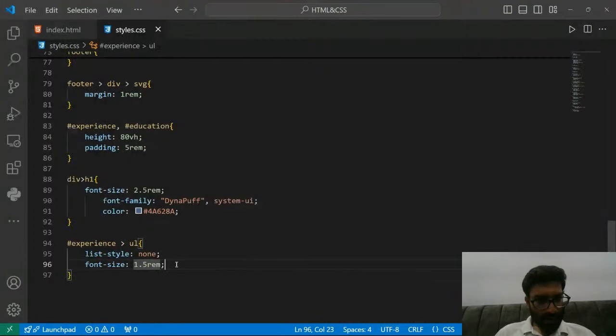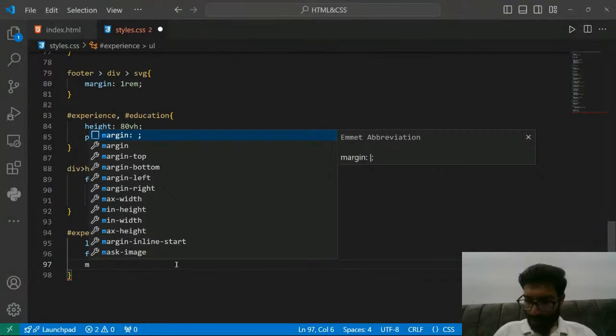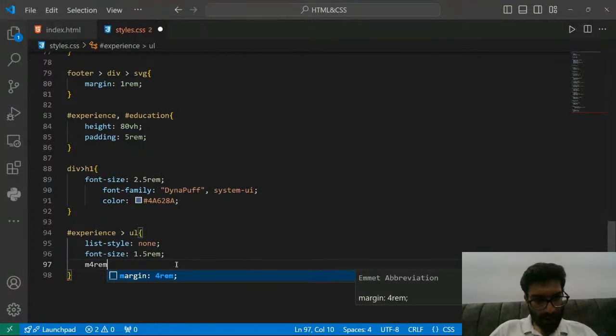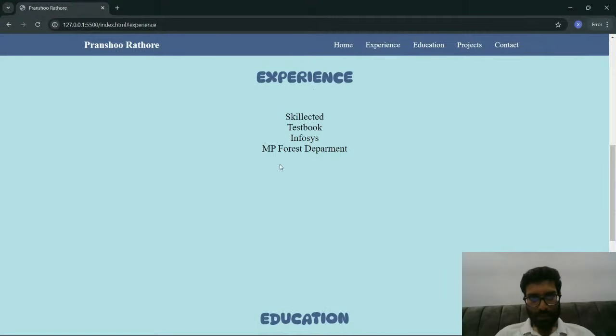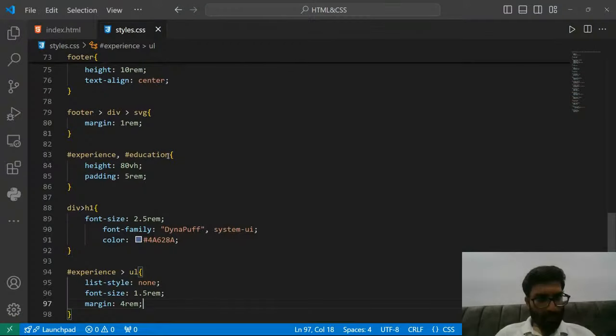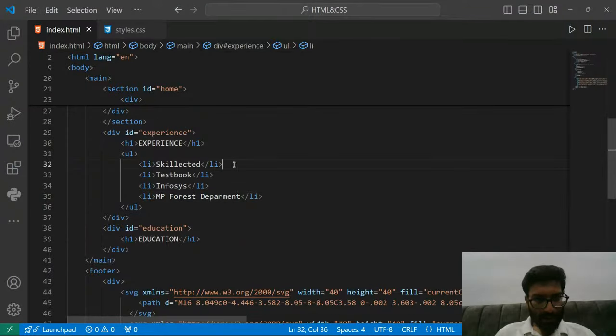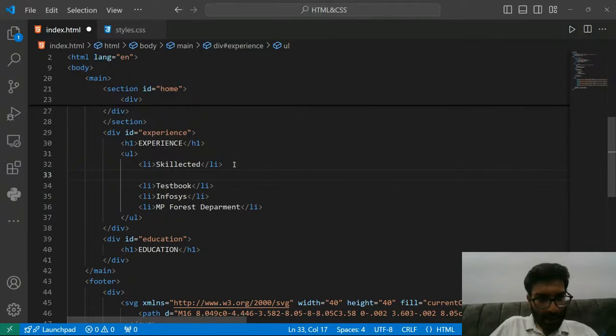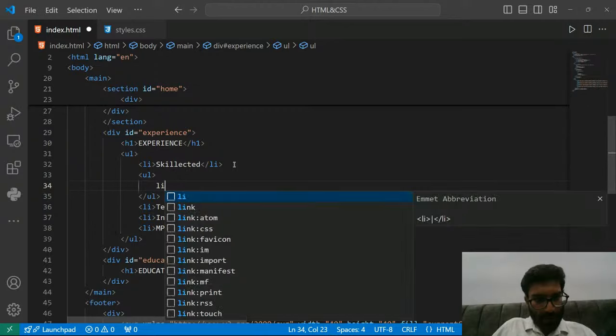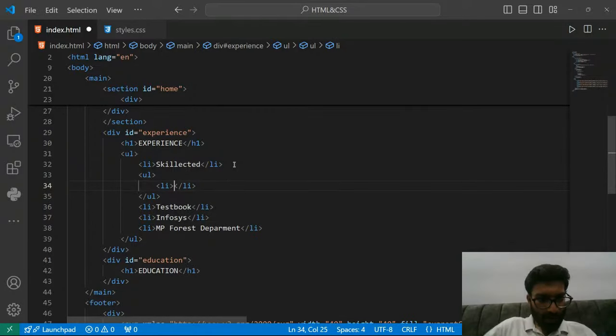So in this UL, we will add margin like 4 rem. Now we can make a nested list. So below this li, I will make one more ul, and I will make another li. Inside this, at Collected, I work as